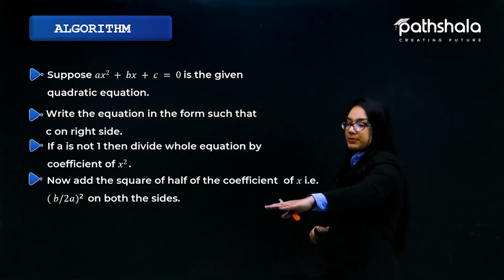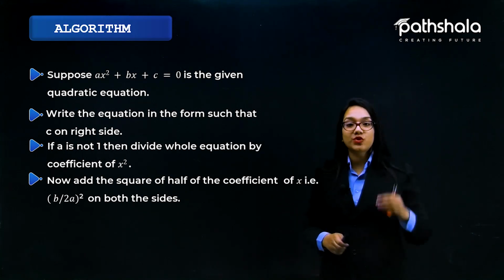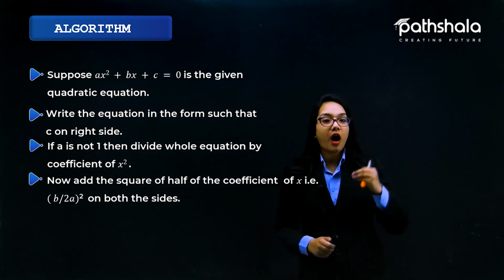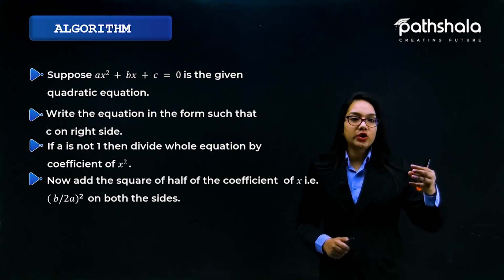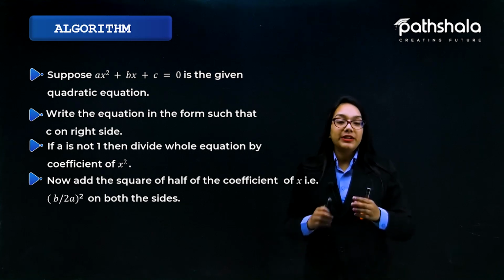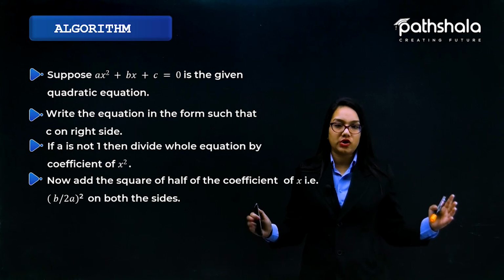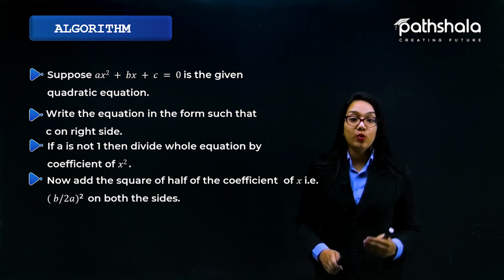So the next step says that if we want to complete this square, we have to add the square of the half. That means take the coefficient of x, take the half of it and take a square of it, then add it on both sides of the equation. So now add the square of half of the coefficient of x, that is b by 2a whole square,